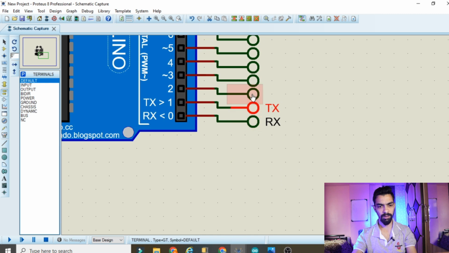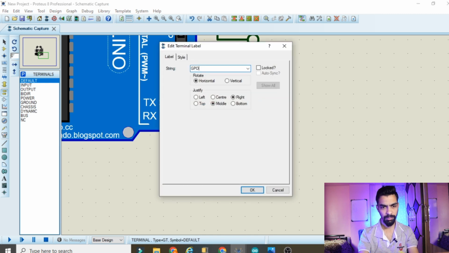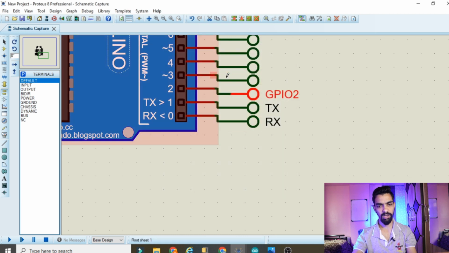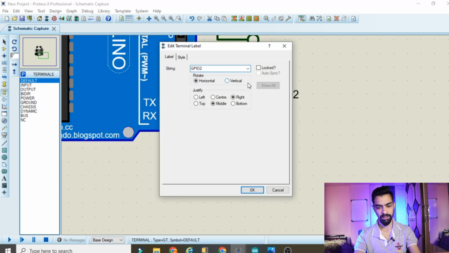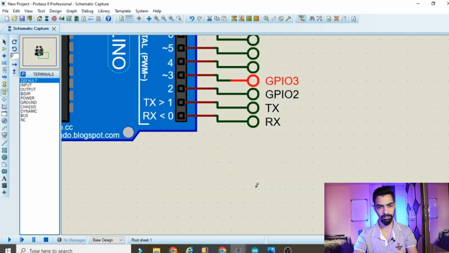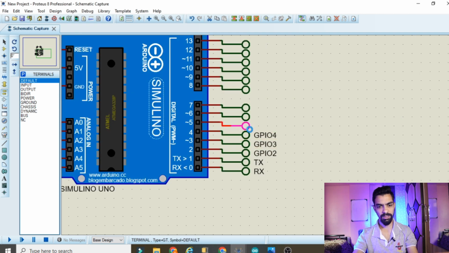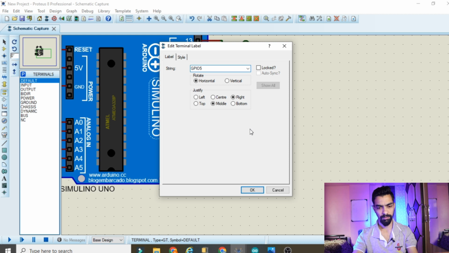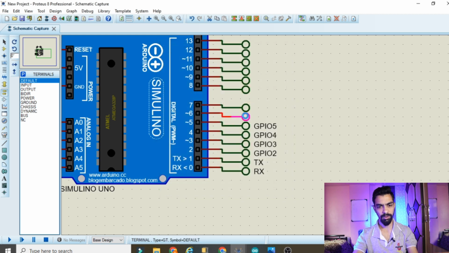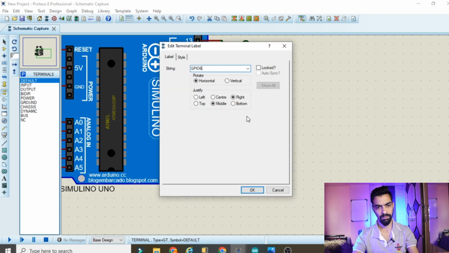Then give the name GPIO2. So you can see GPIO2, I have given this name to this pin. Then pin number 3, double click here, give the name GPIO3. Then pin number 4, double click here, give the name GPIO4. Then with the same naming, GPIO5, then GPIO6, then GPIO7,